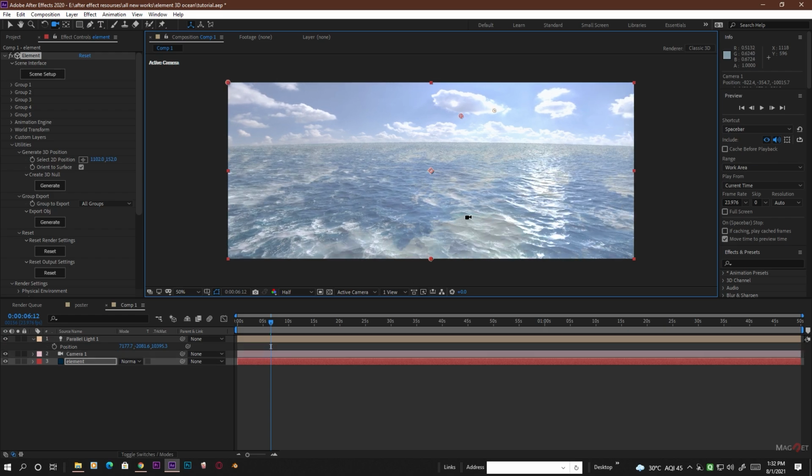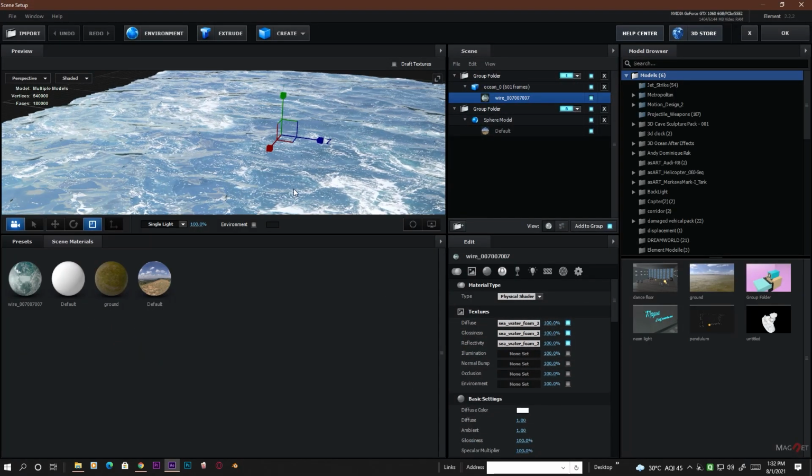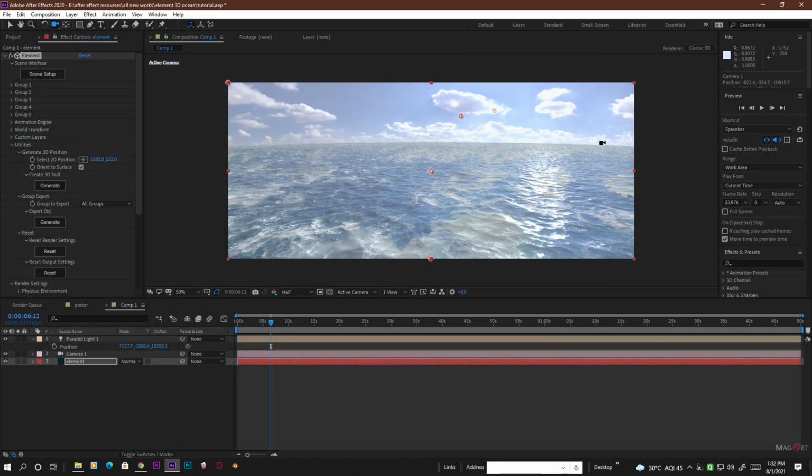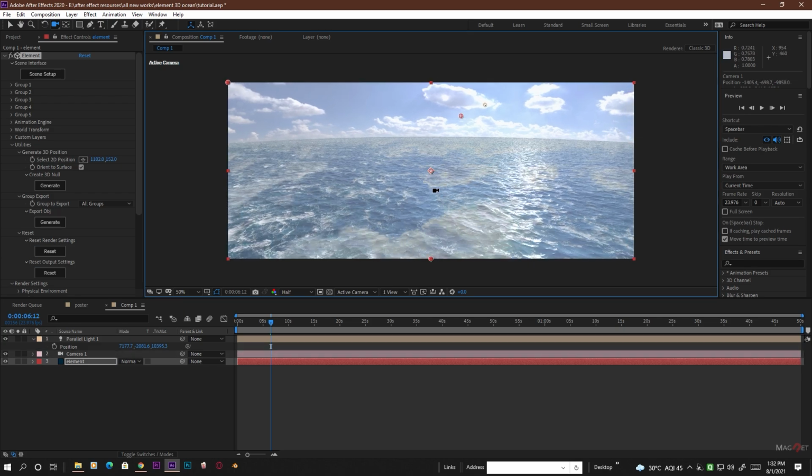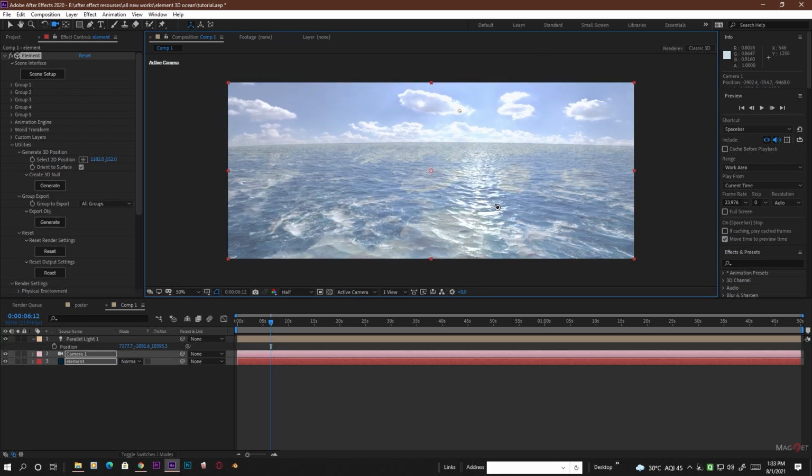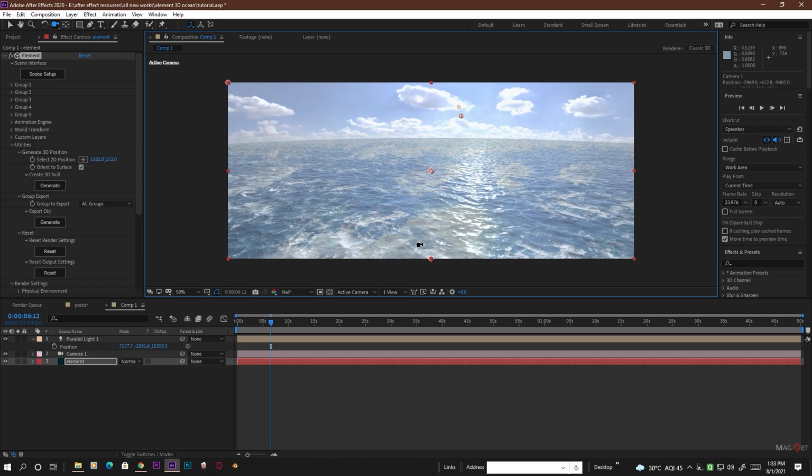Okay, so now we talk about the normal bump map that I believe I mentioned earlier, but I have to say this now, because if you can see, the surface reflection is very mirror type. It looks like something that is not water, it's just like a mirror reflection occurring here, but in reality the water is more displaced, so the reflection is not so accurate in the water. So for this we go to the scene setup